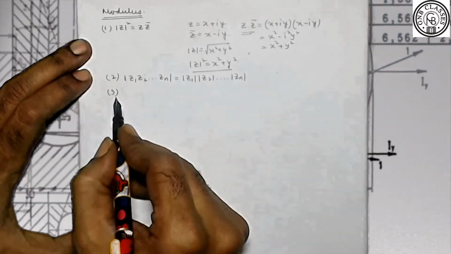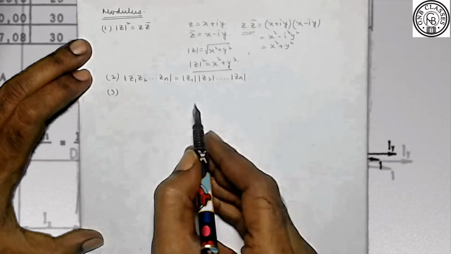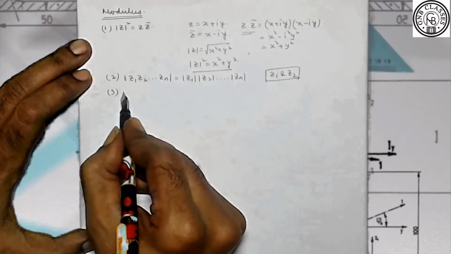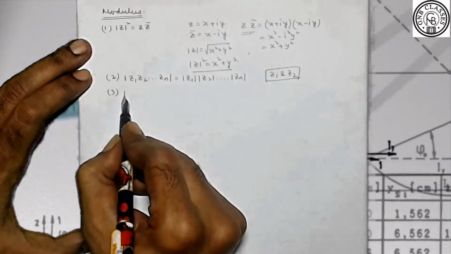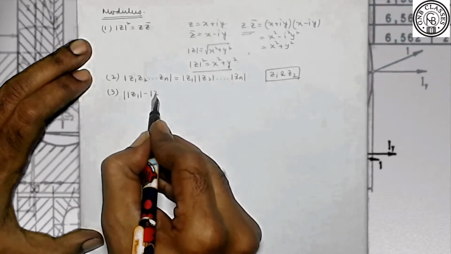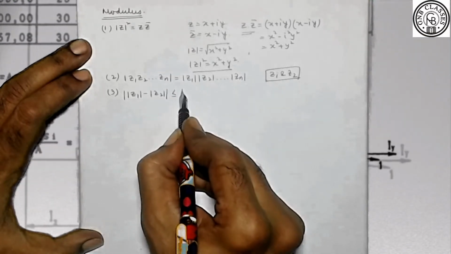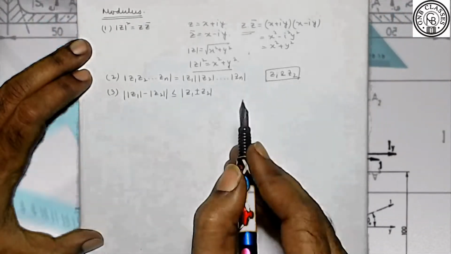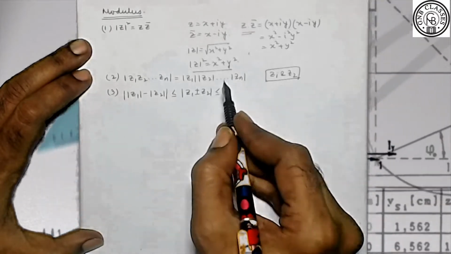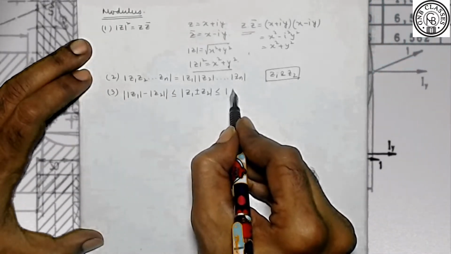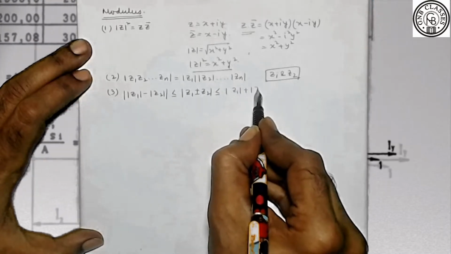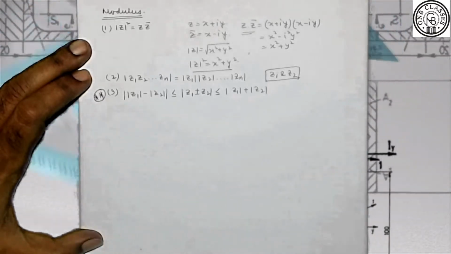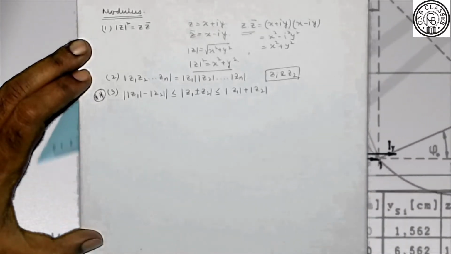If any complex numbers z1 and z2 are there, two complex numbers we are considering, z1 and z2, right? These are the two complex numbers. So this is always true for any two complex numbers: mod z1 minus mod z2 is less than or equal to mod of z1 plus minus z2. Whether it is plus or minus doesn't matter, the thing remains the same. It is less than or equal to modulus of z1 plus z2. This is a very, very important property. You all should remember this. This is the triangular law of inequality.